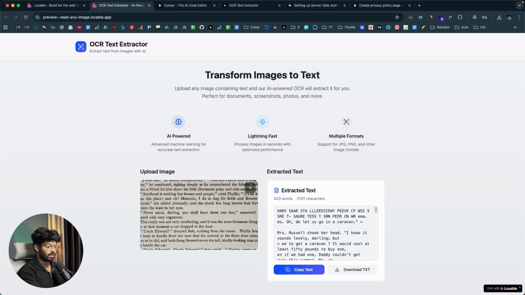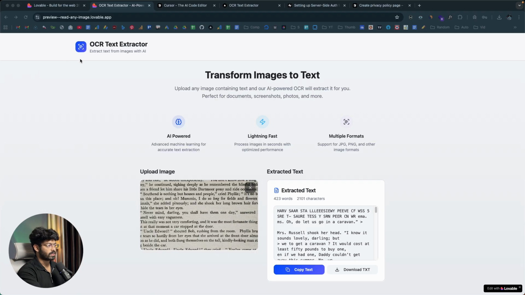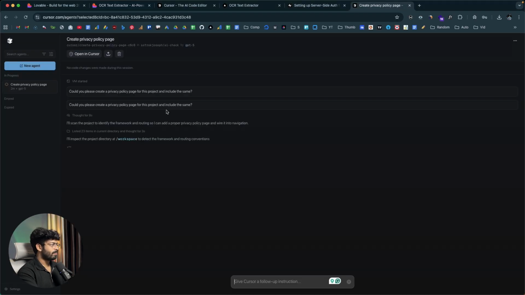So maybe I can show you the image that I uploaded. So this right here is the image that we uploaded. So Mrs. Russell shook her head. Yeah, there you go. I know it sounds lovely. Darling. Yeah, it works. And now as you can see, Cursor background agent is now analyzing the entire code base